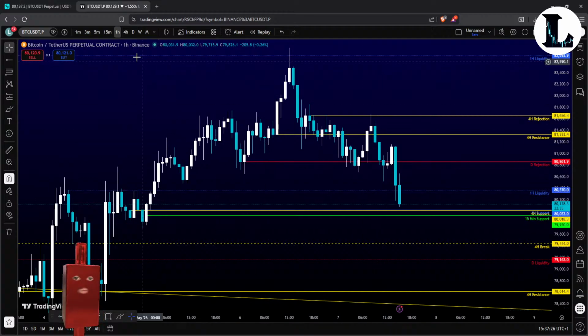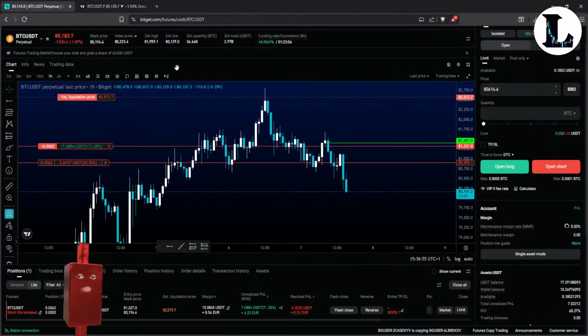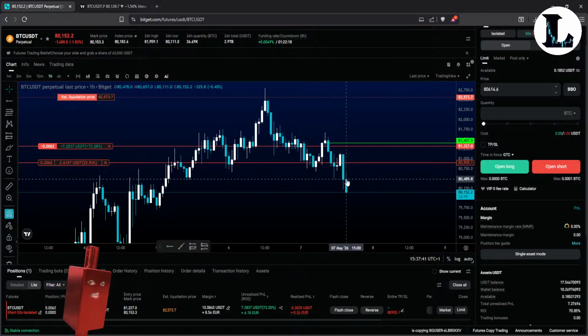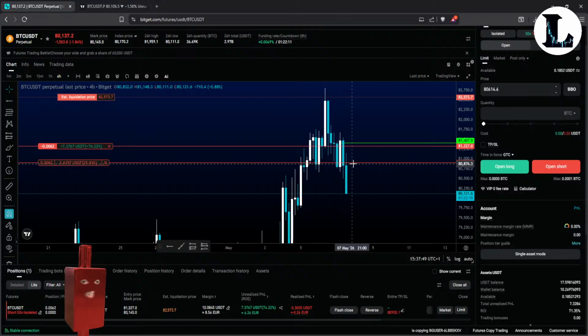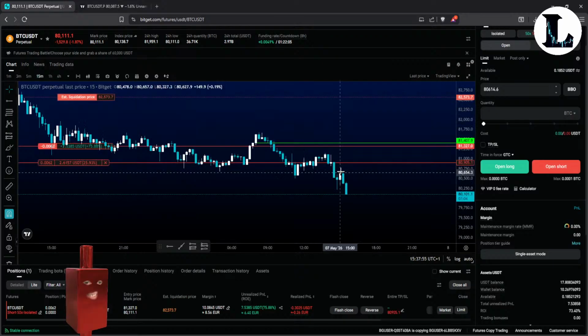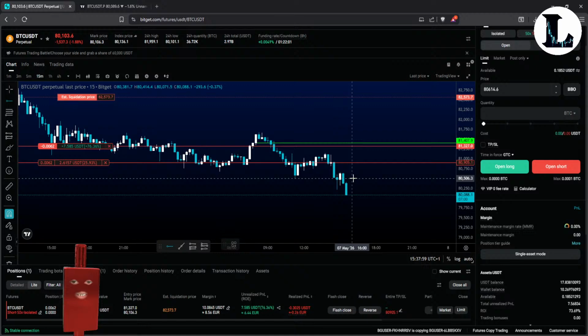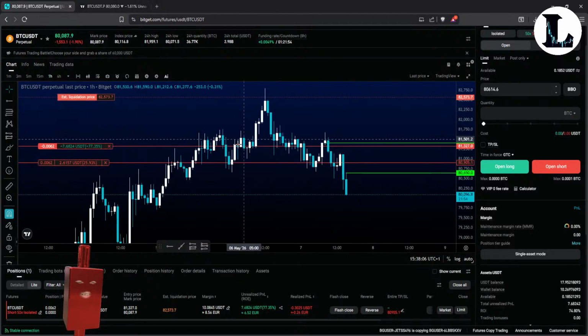So if we have a big reaction here on this 4 body, I will probably move my stop loss just a little above the body of this bull candle on a 1 hour. Okay, because if I go to the 4, my stop loss is already there. Okay, on the 15, it's kind of just a little above, I think. Let me mark this. Sorry. That's a 1 hour, a week. Okay, that's fine. That's fine.